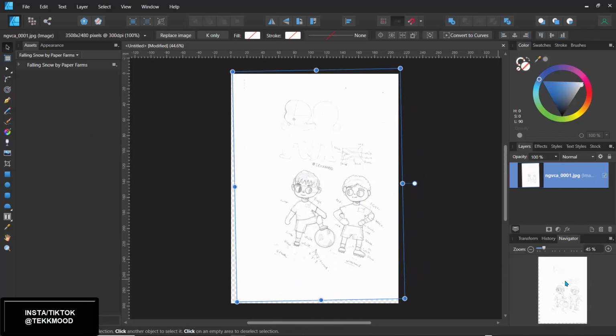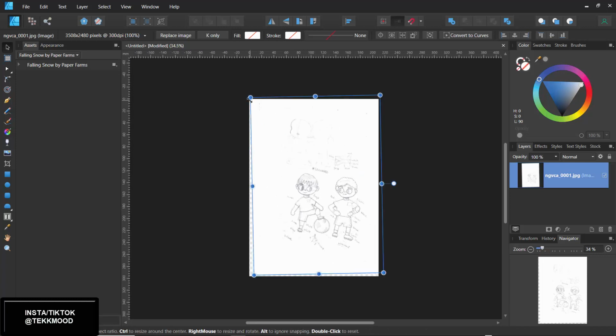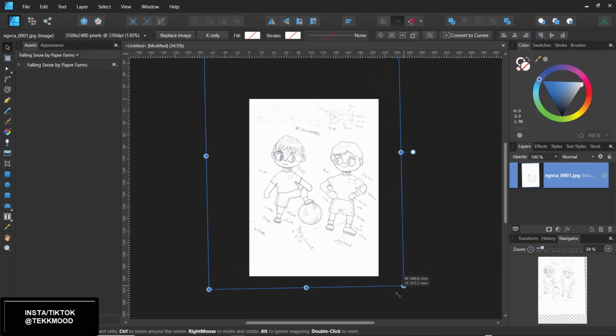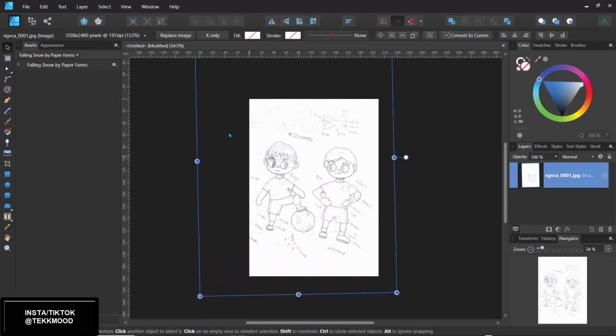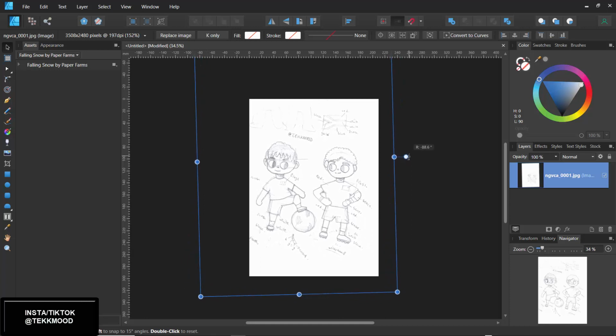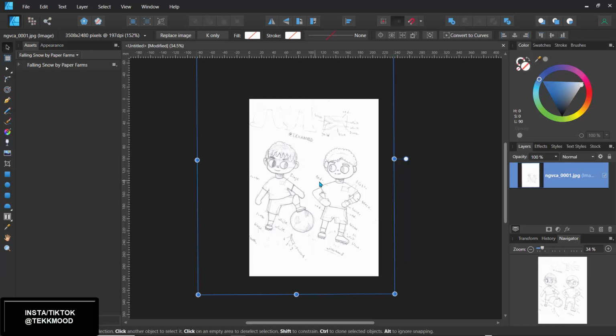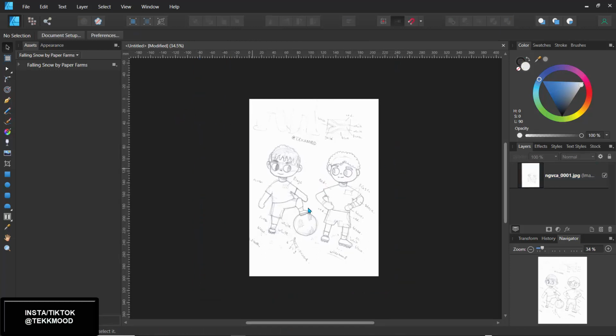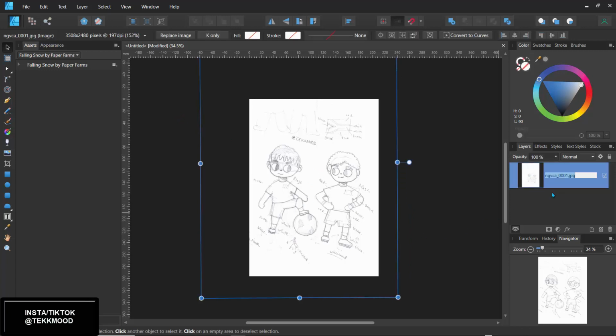So what I'll do is, let's have our navigator open and I'll just zoom out and try to just stretch these edges like that. Just stretch them out till it's somewhat centered, and we can always rotate the art in case it's not really sitting where it's supposed to be. So I'll just leave it here and I'll just hit that like that. Basically that's it. And I'll just double click this. I'll call this the sketch